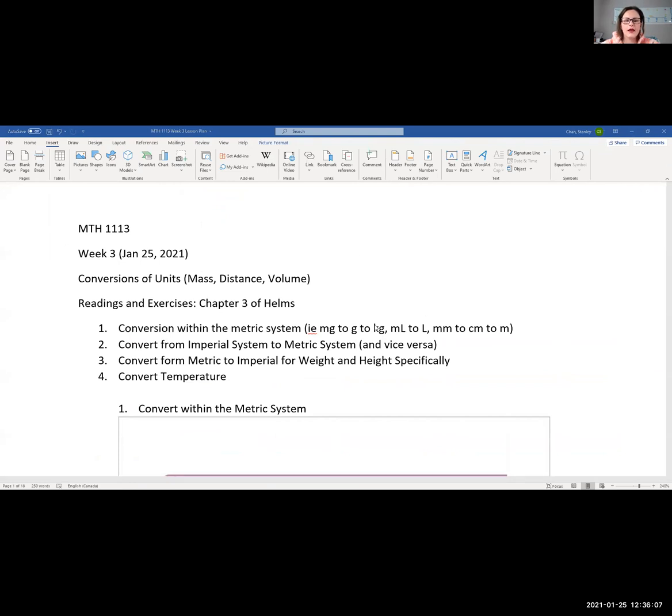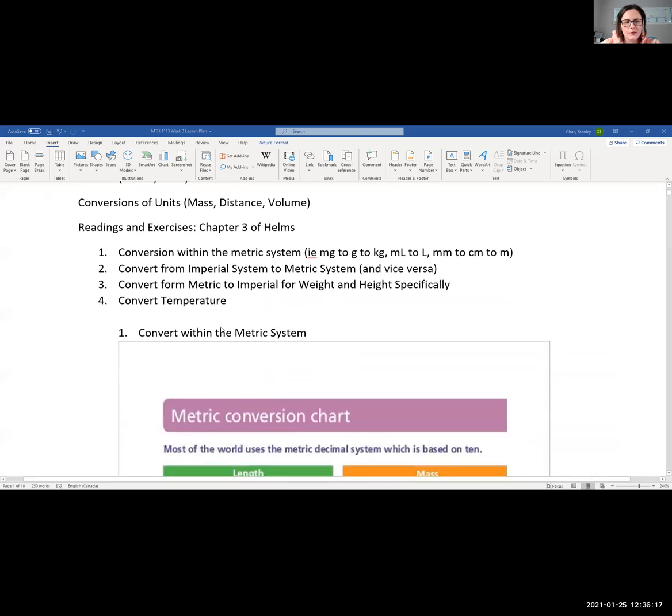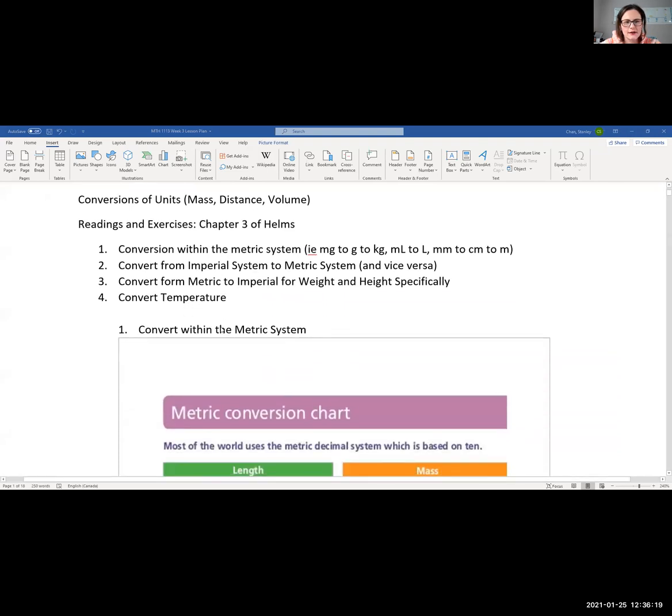Yeah, okay. Great. And okay, so now we're going to cover chapter 3 of the textbook. And mostly what we're interested in is converting within the metric system. Because we're Canadian, we're going to be converting within the metric system. So we're going to be looking at